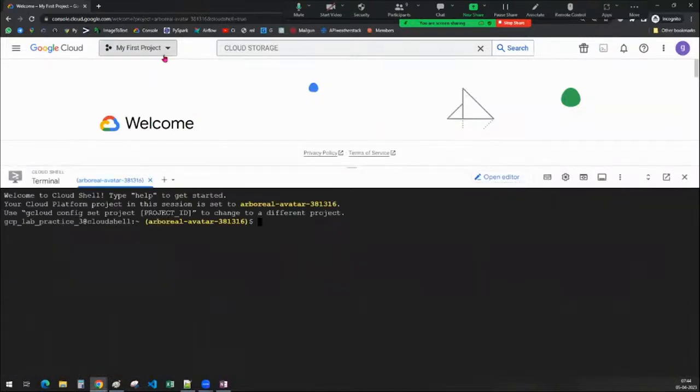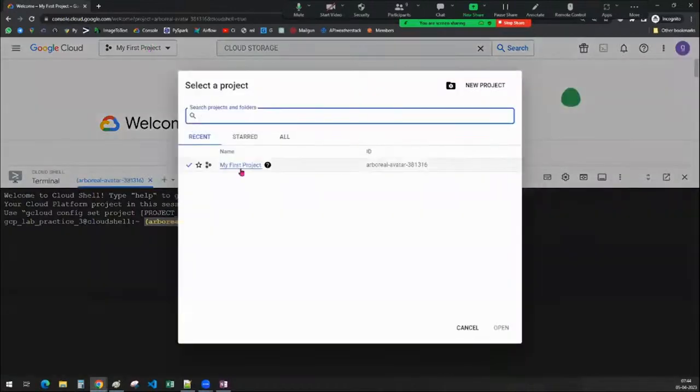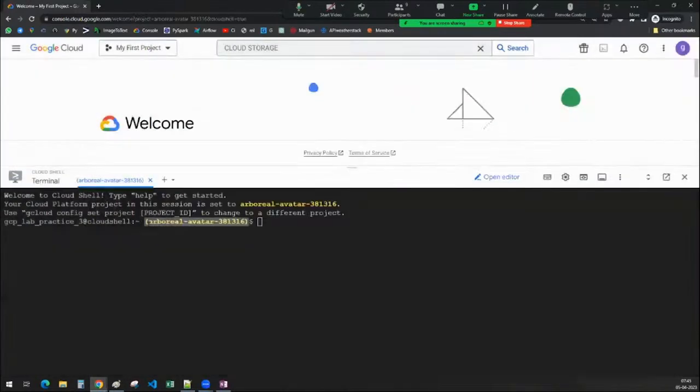So whenever you are working from the console, the very first thing is you select a project, right? Likewise, whenever you work from a Cloud Shell, you also select a proper project. Okay, so by default this project is selected. How do I know? Every project is tracked with the help of its project ID, guys. So this is your project ID, arboreal avatar, right? Here you see arboreal avatar. So this is your project ID. And if you wanted to select one more project from the Cloud Shell, you have to mention this one, gcloud config set project, and that project ID, so that you will be